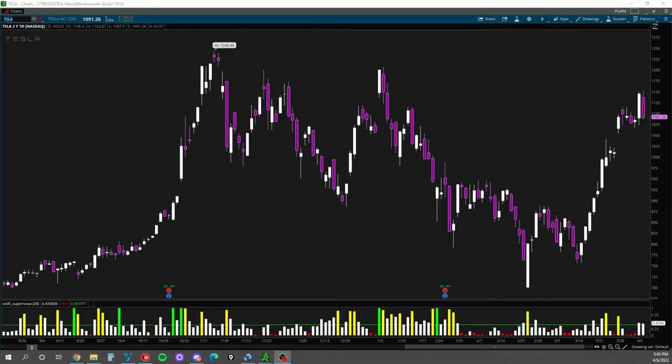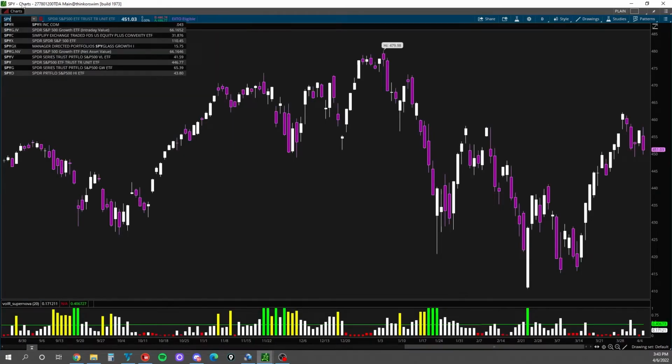Now, it's characterized by two peaks on each side of a higher peak, speaking of a topping head and shoulders, and characterized by two downward movements in between a larger one. So let me just show you one that is more obvious and happened recently, and it was the S&P 500